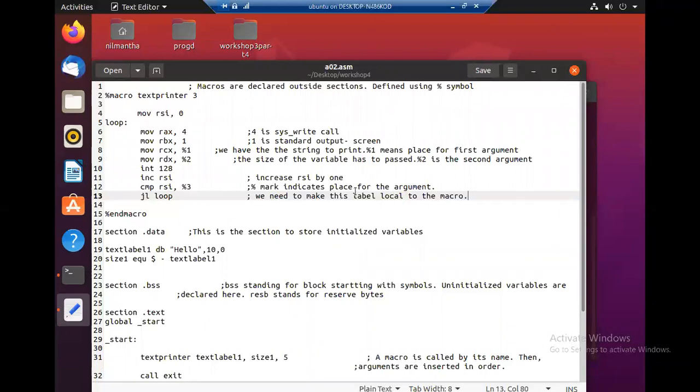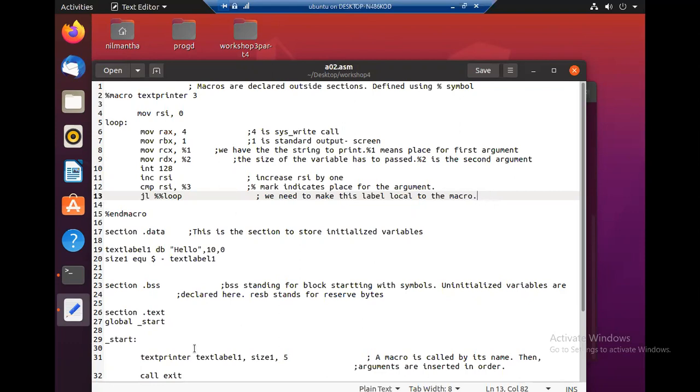To make this local, we have to add 2 percent symbols. Two percent symbols will make a variable local inside where it is defined. For example, in this macro, if you add two percentage marks in front of this label, it will make this label local only to this macro.